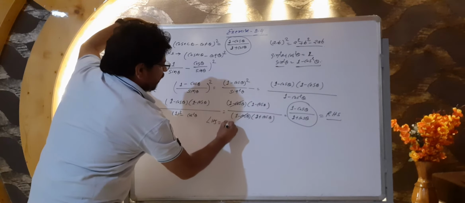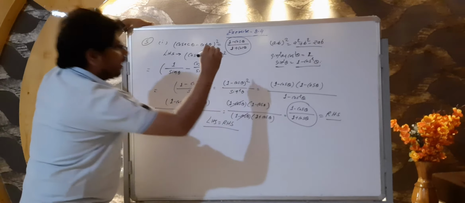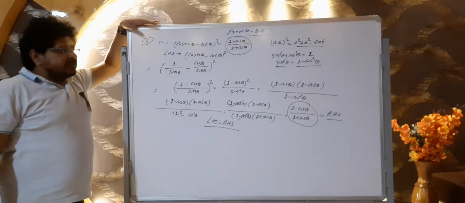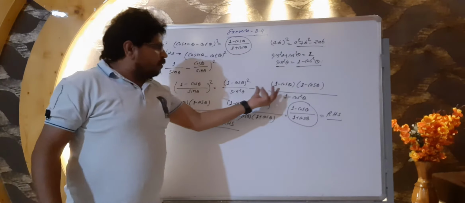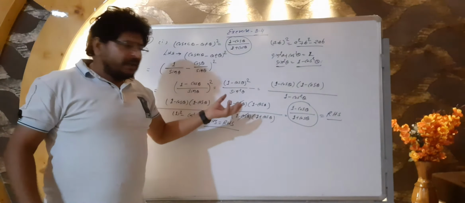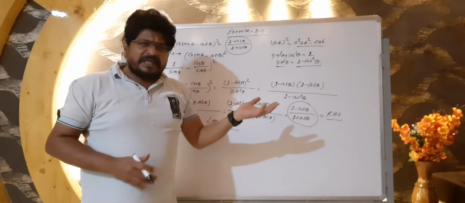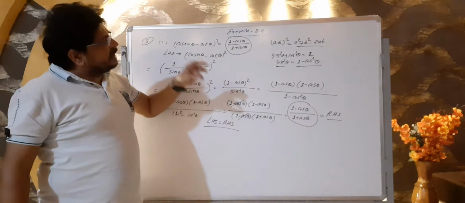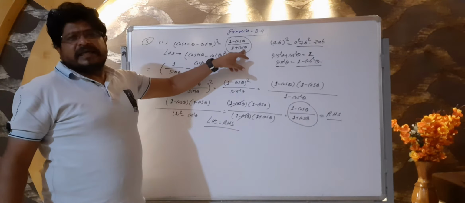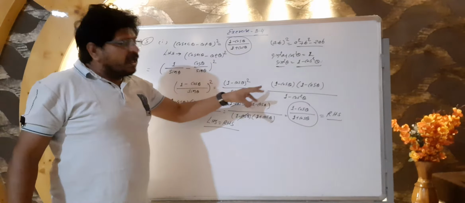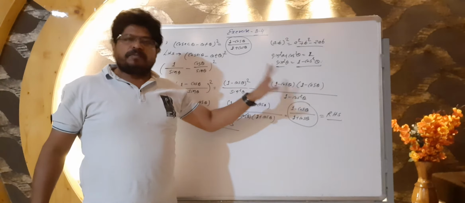हमने क्या लेके आ गए? RHS. So clear guys? Means so many ways are there, but we have to apply that particular identity. In many ways we can modify, but our keen attention is towards the right hand side. What we have to prove, as per that we have to adapt all our policies.